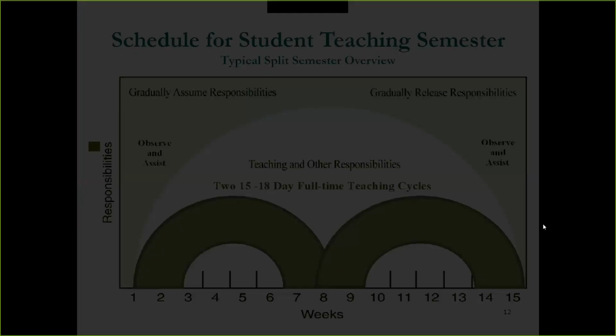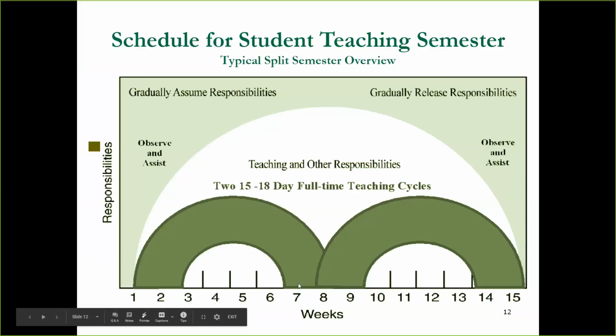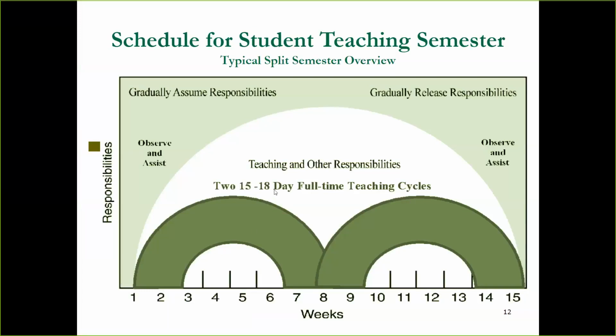So let's look at a graphic of this. For the undergrad, middle grades candidates, as well as the dual, they will start out and they will have 15 days. So although the graphic says 15 to 18 days, that overlap will also count within the 15 to 18 days. So they will actually have 15 full days in one content area. And then they will hand that responsibility part of the time in that content area and switch over to the other content area. For example, if they are teaching math and science, they will start out and do 15 days